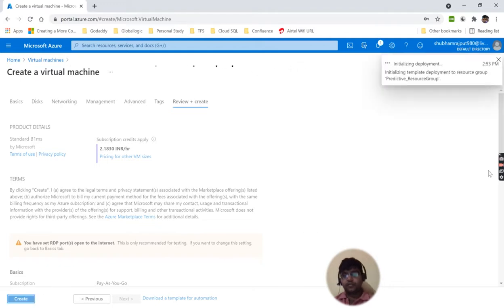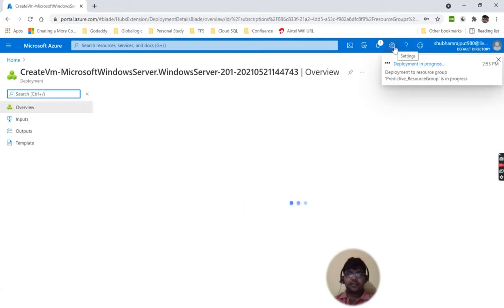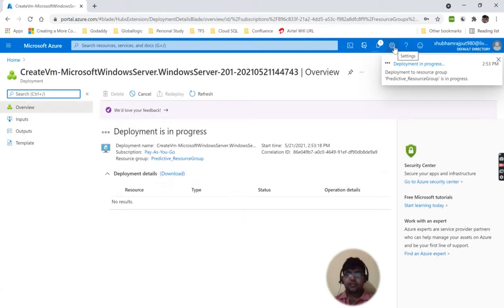So now I'm just pressing on creating the machine. It will take a little time to prepare my virtual machine. As soon as it is prepared, it will show me that my virtual machine is created. Basically it provides me the status, currently deployment is in progress.